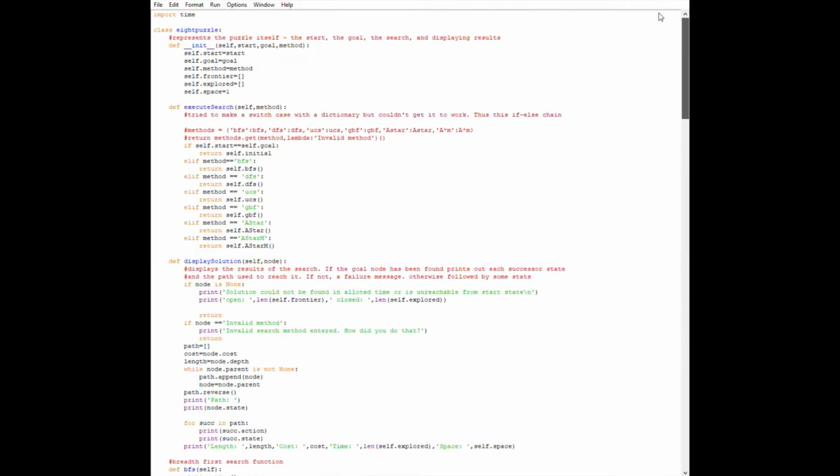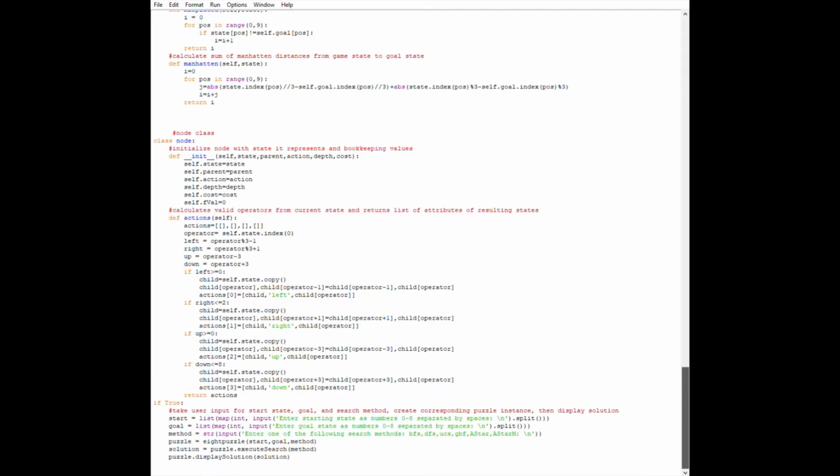Alright, this is my 8 puzzle implemented in Python. It consists of 2 classes, a puzzle itself and a node class. The node here is how I implemented the puzzle. Basically, it's represented as a vector of integers. Each index of the vector corresponds to one of the slots in the puzzle, and the operations are